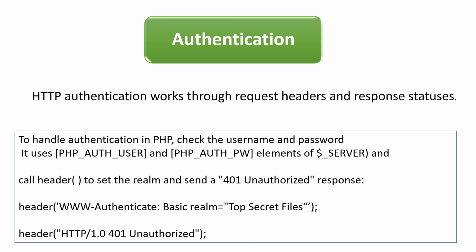To handle authentication in PHP, check the username and password by using the PHP_AUTH_USER and PHP_AUTH_PW elements of the $_SERVER superglobal, and call header to send the realm name and send the 401 Unauthorized response. Here we can use the header function: WWW-Authenticate: Basic realm="Top Secret". As per the syntax of the authenticate header,